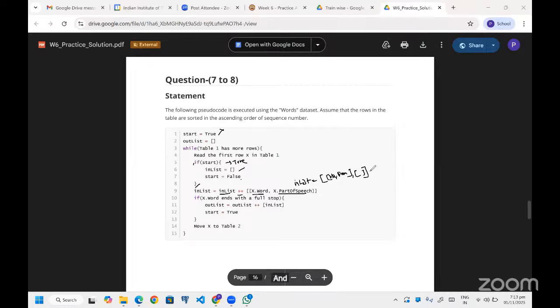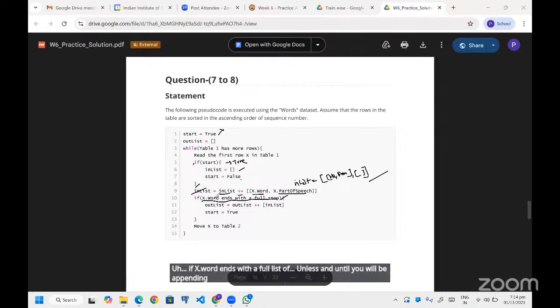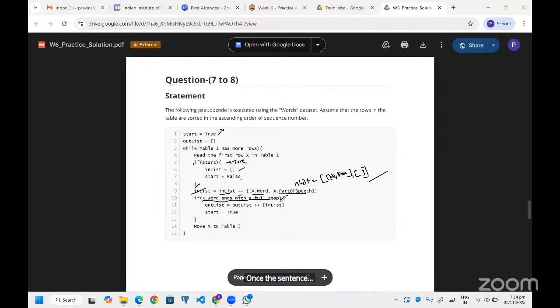And again a list of list you will be appending, for each word, until x dot word ends with a full stop. Unless and until, you will be appending this in list variable. Assuming the sentence ends with a full stop, once you see a word that ends with a full stop, this in list will be a sentence which has this list of list, right?